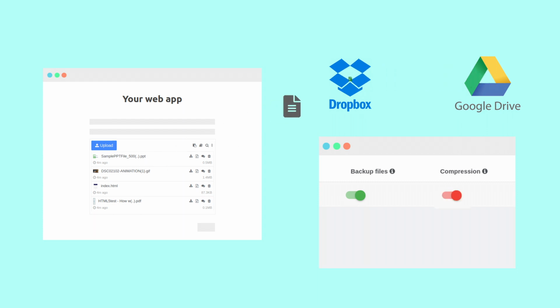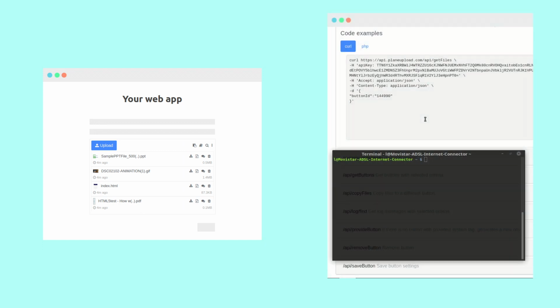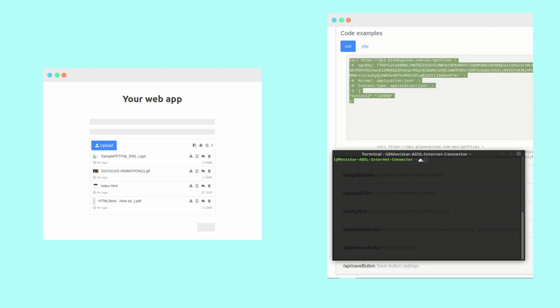You can also set automatic compression, so all the files will be compressed as a zip archive. You can easily access the files from your application using the API. There are ready-to-use copy and paste